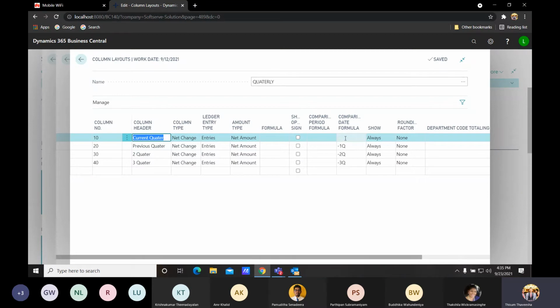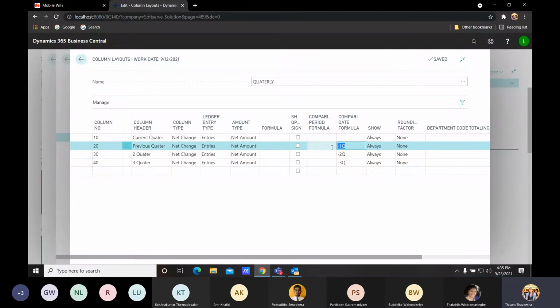I didn't want to put anything in that comparison date formula, because if there isn't anything, it will get the current period, and then here I will get the previous quarter. That means it will check this one, and then it will manipulate this one by the previous quarter. Okay, so to help you understand, I will run the report and show you. Okay,